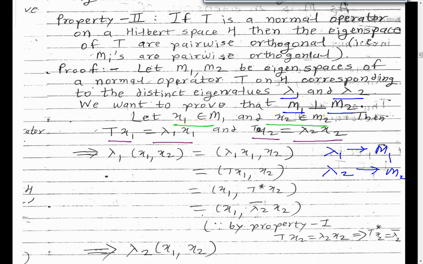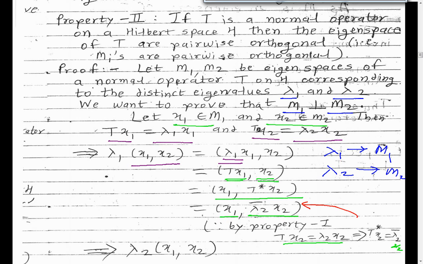So consider lambda 1 times the inner product of x1 and x2. This equals the inner product of lambda 1 x1 and x2, where lambda 1 we are taking inside here. Then this equals the inner product of Tx1 and x2, which equals the inner product of x1 and T star x2. So x1 and lambda 2 conjugate x2, because Tx2 is equal to lambda 2 x2 implies T star x2 equals lambda 2 conjugate x2. So by virtue of this property, we are writing that inner product